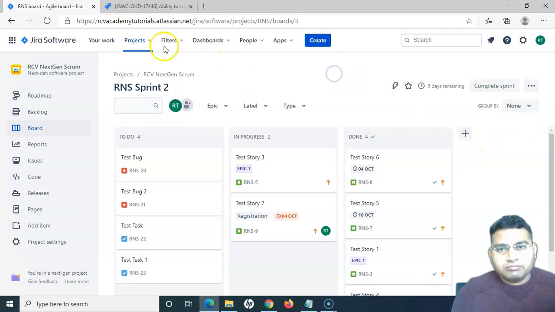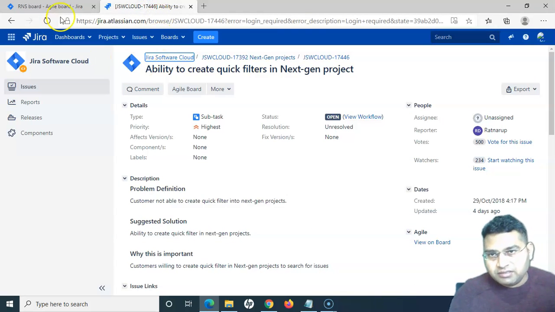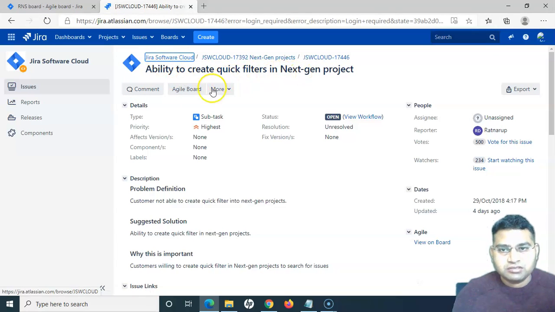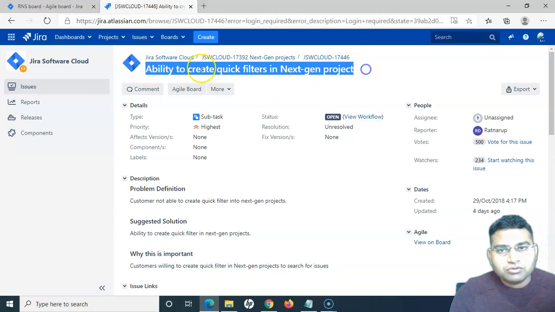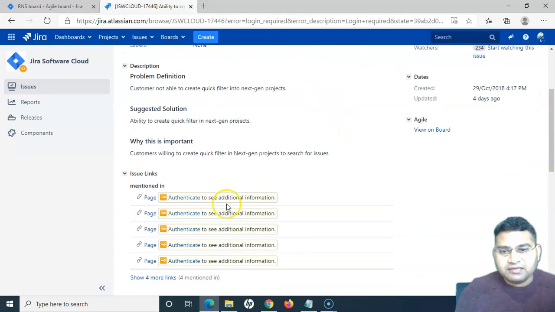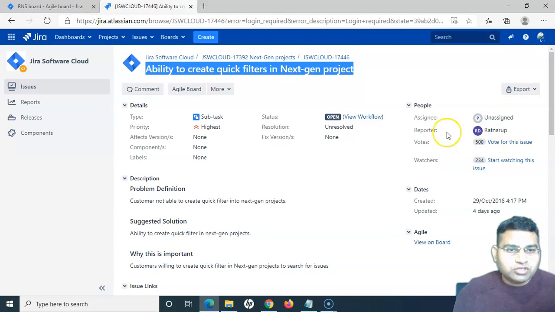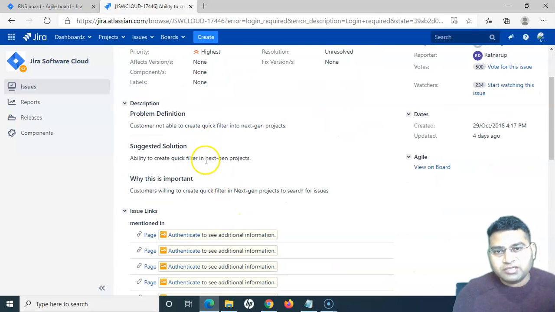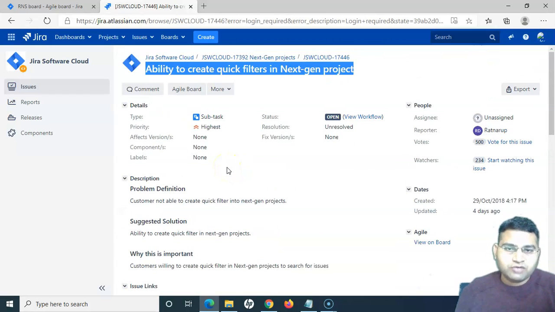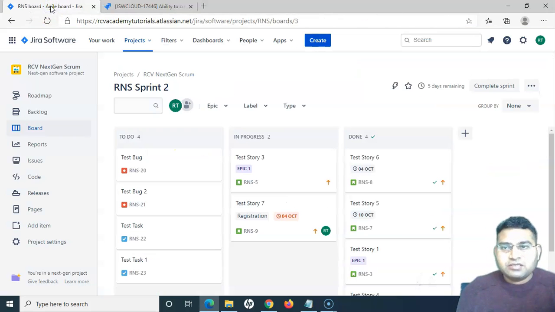Okay, so this feature still needs to be built, because if you go to the Atlassian Jira support or just search the community, you will find that there are open issues. The ability to create quick filters in next-gen projects is still open, and many people are voting and waiting for this particular feature to be built. So as of now, the feature is not available on the next-gen project, but if you are using the traditional or the